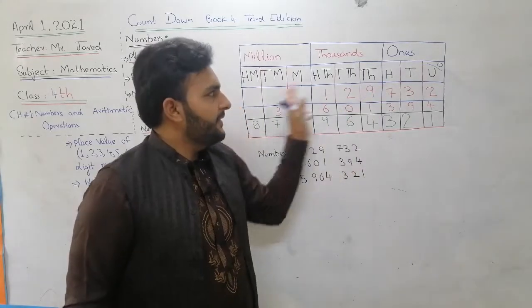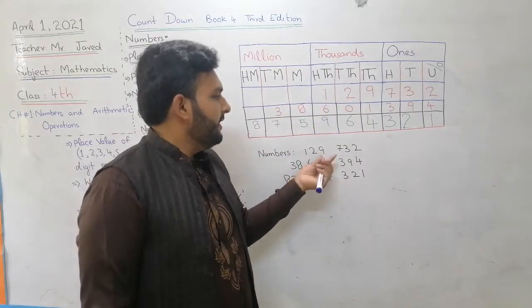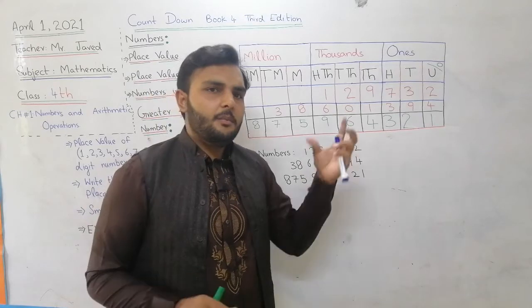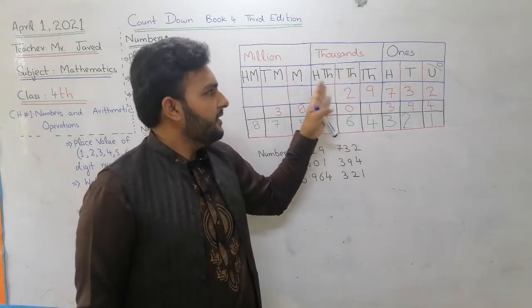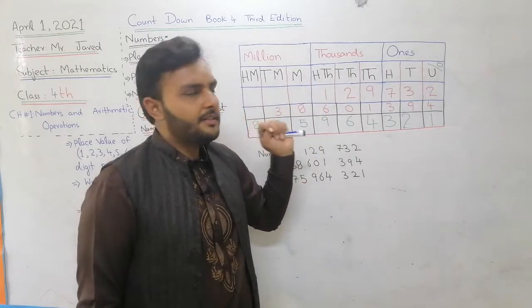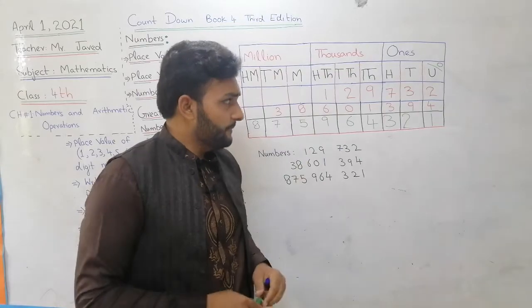Okay, this is the basic thing. You can write like this. And then, if someone says write any number in the form of a table, first of all you will write unit, 10, 100, 1,000, 10,000, 100,000, million, 10 million, 100 million, with ones, 1,000 and million above. Like this.